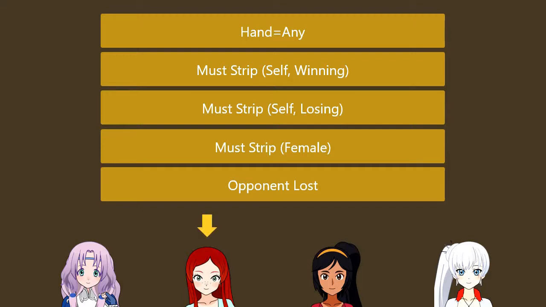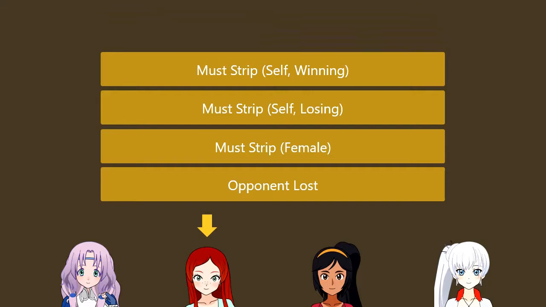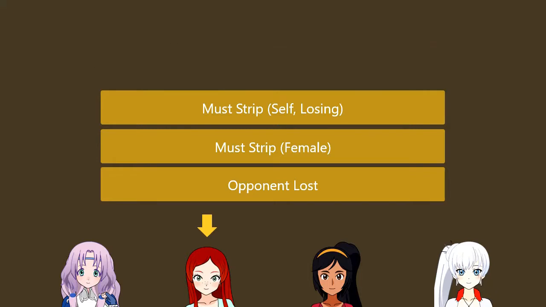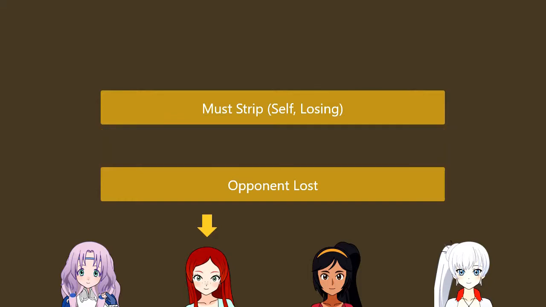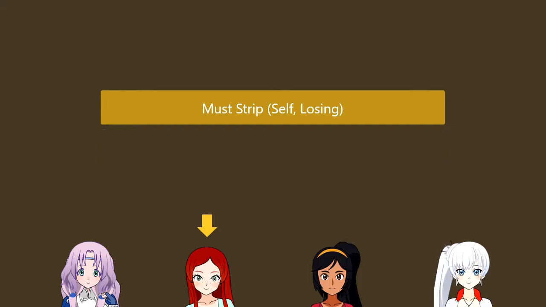The game looks over each case to see if it fits the current game state. We're not in the hand quality phase, so hand equals any gets thrown out. Everyone is fully dressed, so I'm not winning, so must strip, self, winning, is thrown out. I am losing though, so we'll keep that one. While I'm female, must strip, female, is for players other than myself, so that case goes away too. Same with opponent lost. So I am left with only one case, and the game will pick a random line